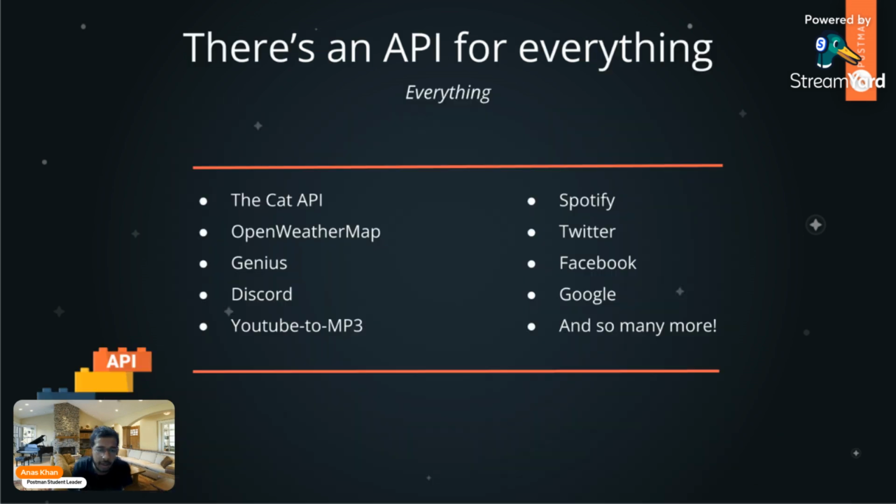What I said is that there is an API for everything. For example, there is a cat API and an OpenWeather API. I guess the developers who are starting out have used OpenWeatherMap for making weather applications. There is a Discord API, Google API, which I said is used for sign-up. And there's more, there are a lot of APIs. Basically, APIs are everywhere, and in software development you will use APIs a lot. So it's better to understand how they work, and here I am to teach you.